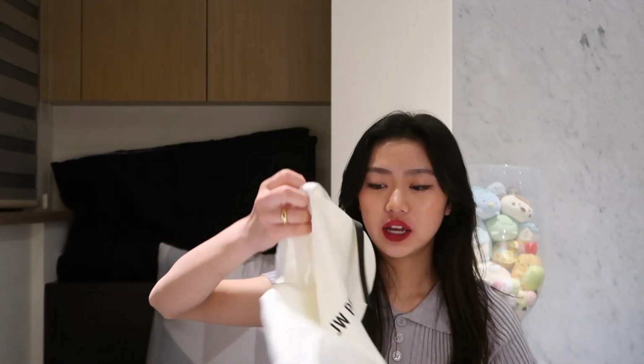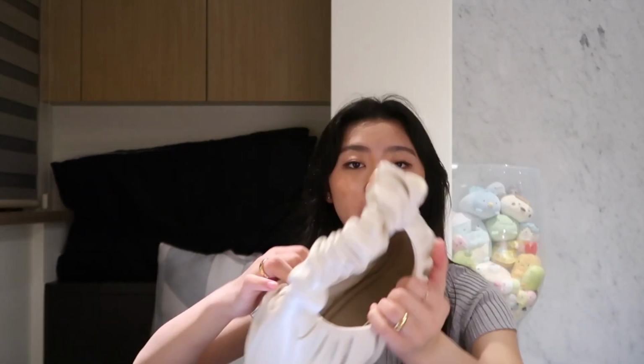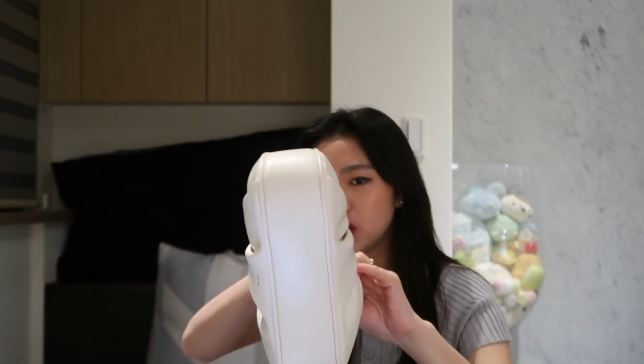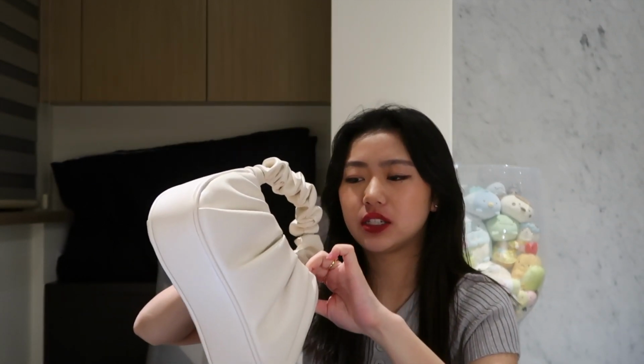and inside it also came with this dust bag, which is very nice because you can store your bag in here, keep it nice and clean. It's quite big inside here, and it also has this card slot right here on the side, which is really nice for putting Metro cards and just cards you want easy access to. You could probably put another card in here or two, but I would just put one to make it easy